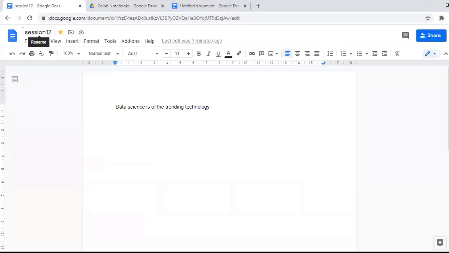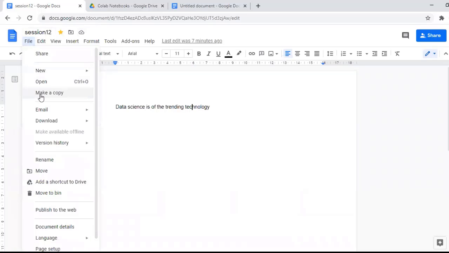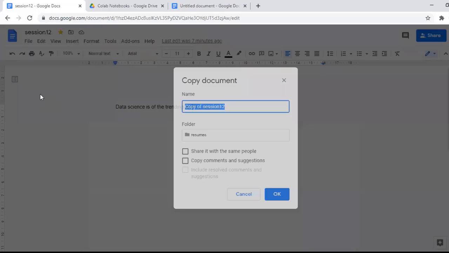Yes. So coming to the next one, that is make a copy. You can make a copy of this document and save it somewhere. You can name the copy document. As here, I was leaving the name and making the copy into my resumes. That means I was storing this copy of the document in the folder my resumes. And you can see there are some permissions, that is share it with the same people, copy comments and suggestions.